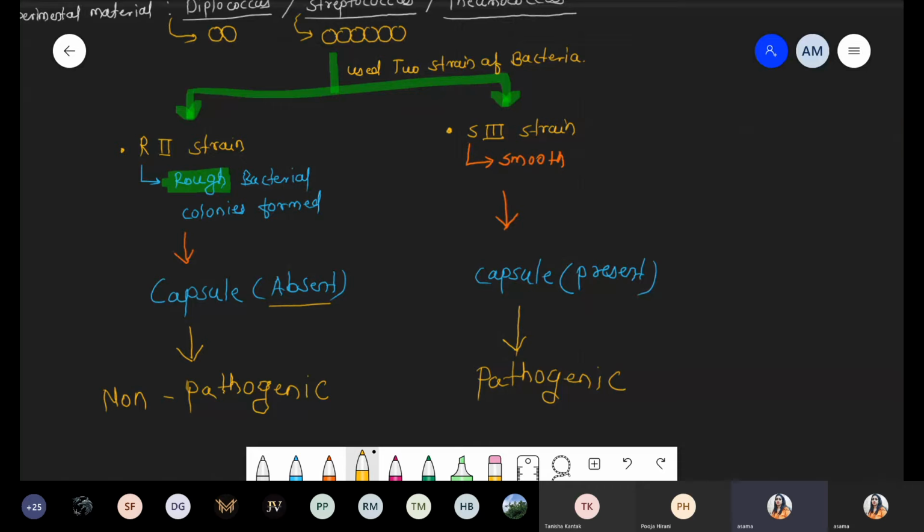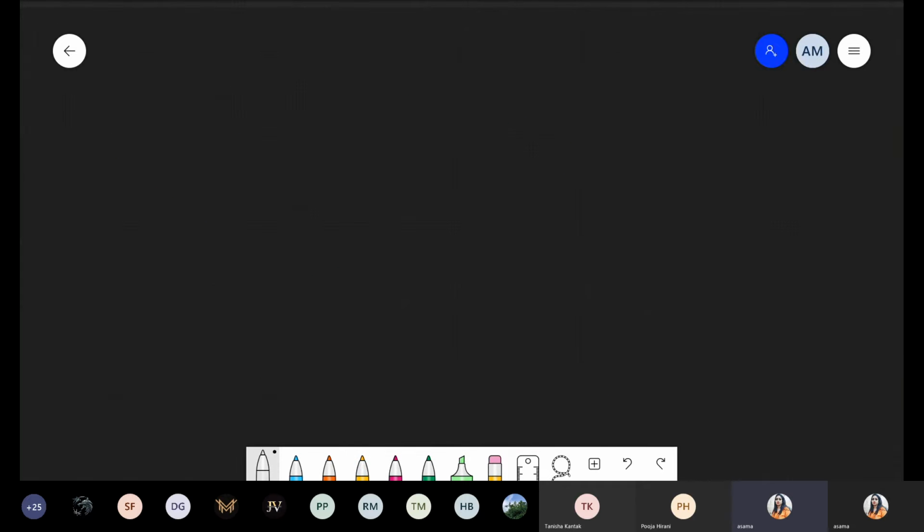Okay, got it. So the next part we are talking about is an experiment. These are some basic information about the Griffith experiment, discovered by the scientist Griffith using one pathogenic and one non-pathogenic strain. So now we jump directly to the experiment. If you open the NCERT, you will see one image of a mouse. Now there is an injection, and on the basis of that we have to predict whether disease will occur or not. For the Griffith experiment, the scientist performed four different experiments.